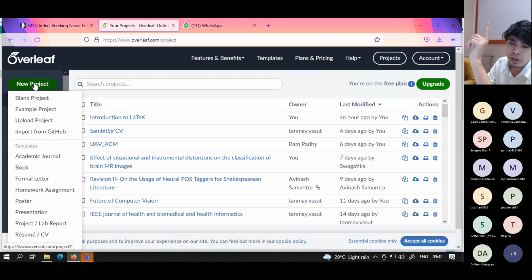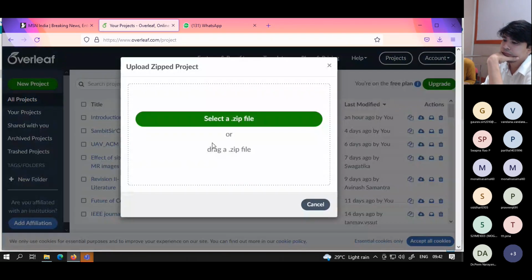Now click on new project and then click on upload project. You should see something like select a zip file. Can you see it? If you have clicked on new project and then upload project, it is mentioned select a zip file. Can you see it, online members? Yes, sir. So now it's time, the zip file that you have downloaded,